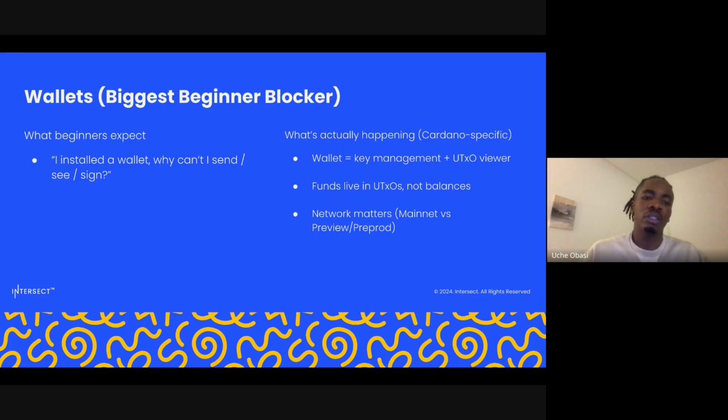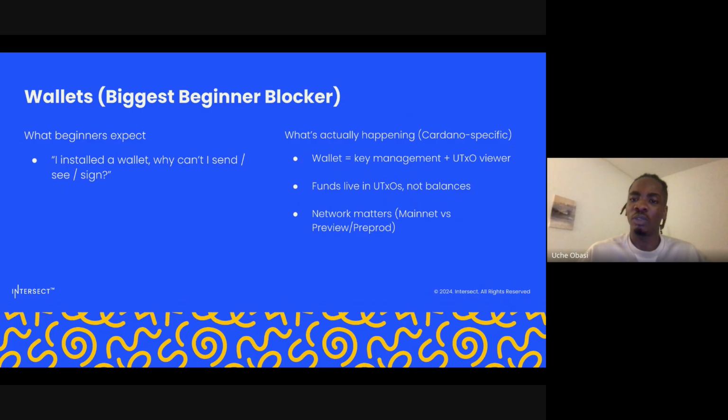So usually what beginners expect is, I install the wallet. Why can't I send or see or sign? Right? That is basically the user's perspective on the issue that is happening. I install this wallet. Why can't I see? Why can't I send? Why can't I sign? But what's actually happening under the hood is that